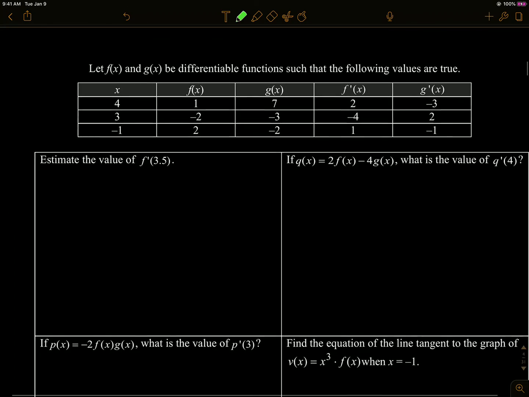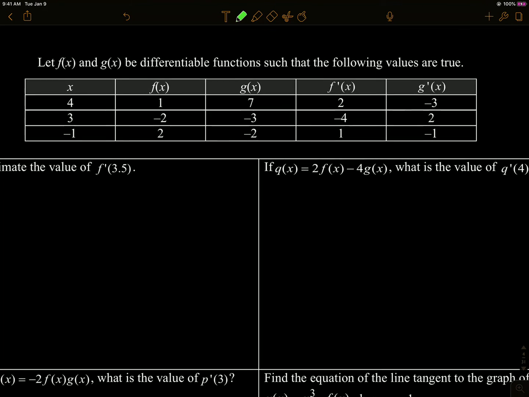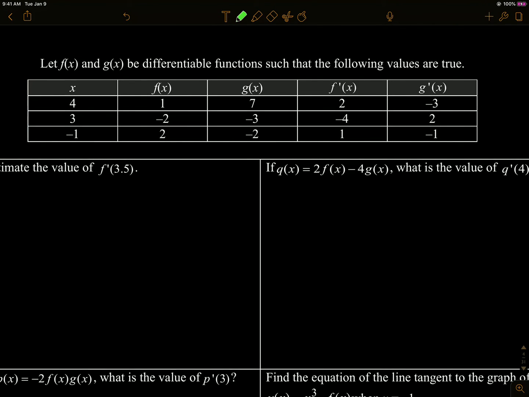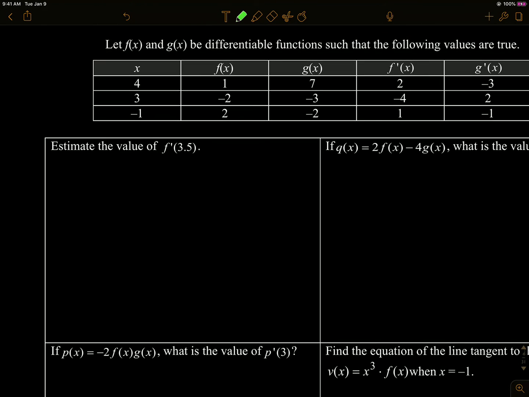Okay? Let's look at using a table of values. Notice for each of these three x values, I have f of x, g of x, f prime, and g prime. Estimate the value of f prime of 3.5. So first of all, I have to recognize this as the slope of the tangent line of f. So when they're asking me to estimate the derivative, I actually have to use the f table, not the f prime table. Okay? Because 3.5 is in between 3 and 4. Right? So using this table,